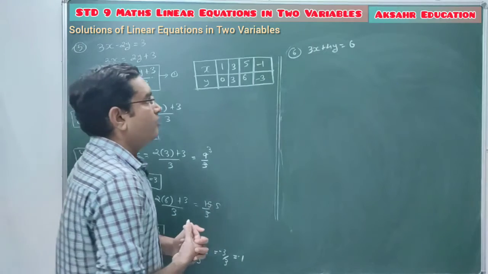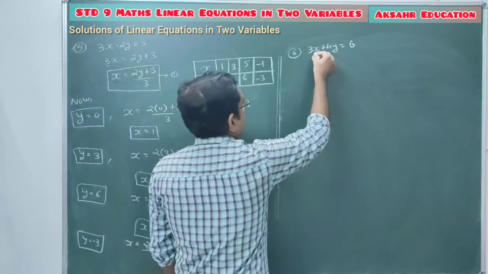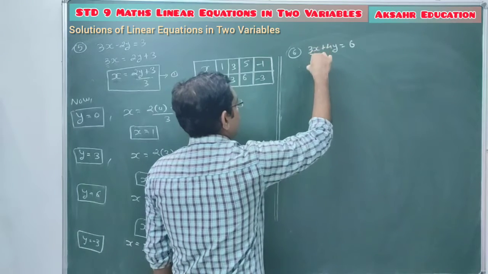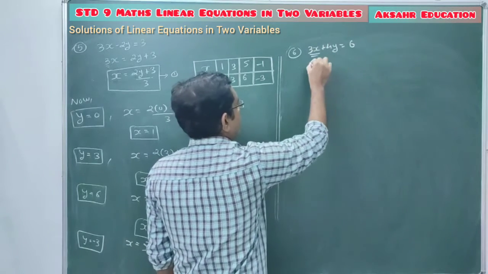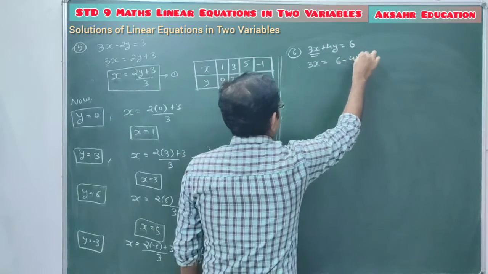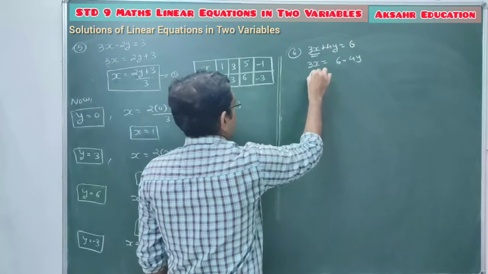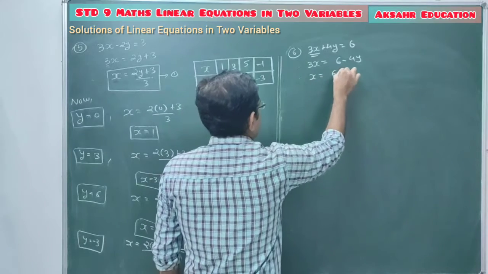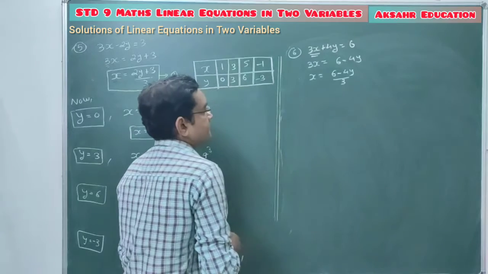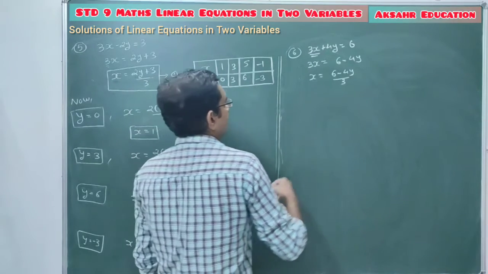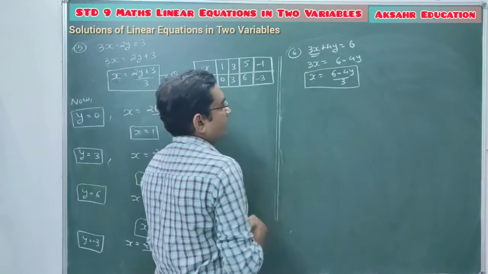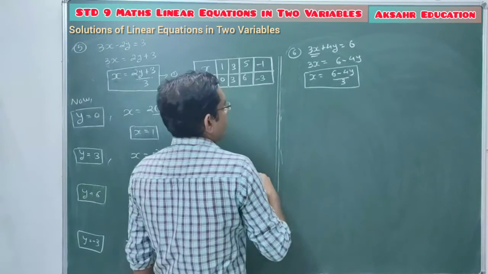Now writing this given equation in form of variable x or y. So first we consider as x. So x को इस साइड रहने देंगे, बाकी सबको हम राइट हैंड साइड पर भेजेंगे. So it's 3x equal to 6 minus 4y, and therefore x equal to (6 minus 4y) divided by 3. Done? So now here we put different values of y, and according to it we are getting the different values